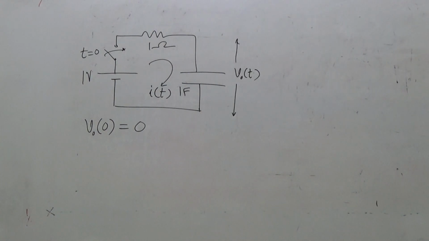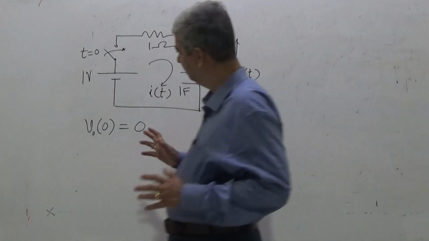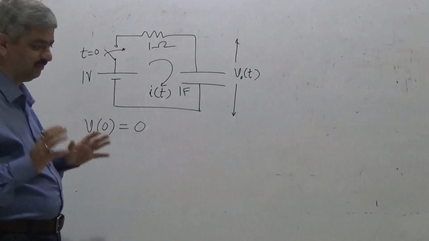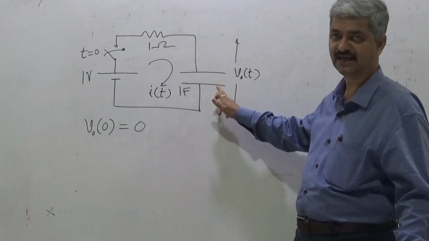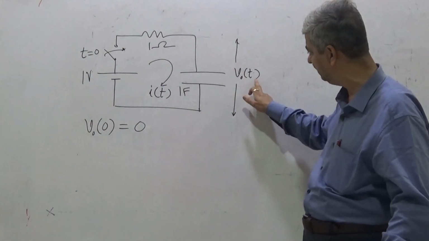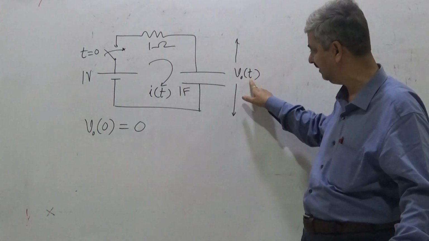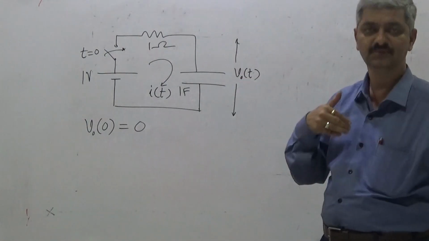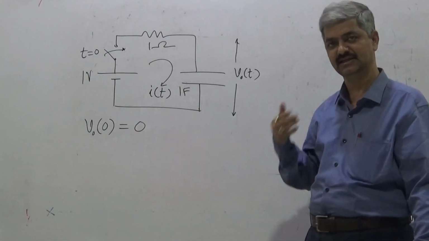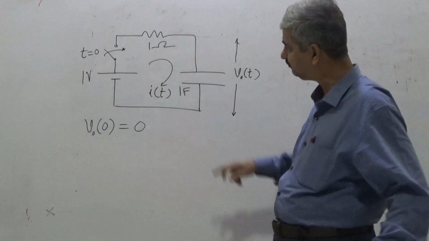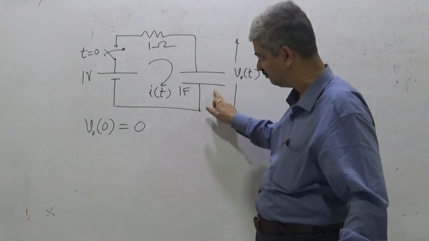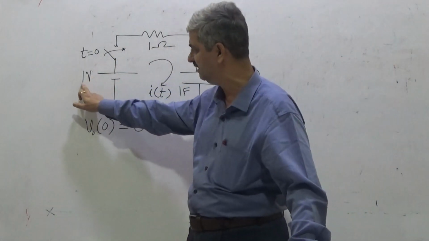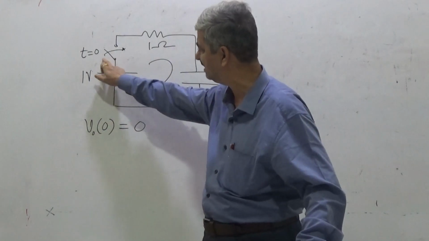Welcome to the next session, in continuation of the previous one, wherein now a simple question is asked: find the voltage across the capacitor, VO(t). As we have put brackets (t), it means all variables like voltage, current, etc. are functions of time. Resistance is 1 ohm; we have deliberately chosen values to be simple. Capacitance is 1 farad, the input voltage source is 1 volt, and the switch is closed at t equal to 0,